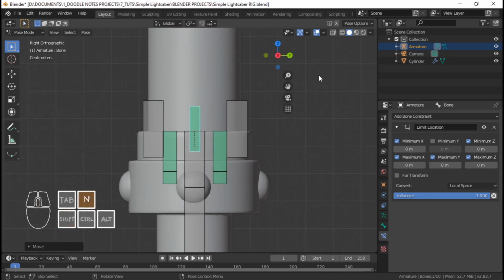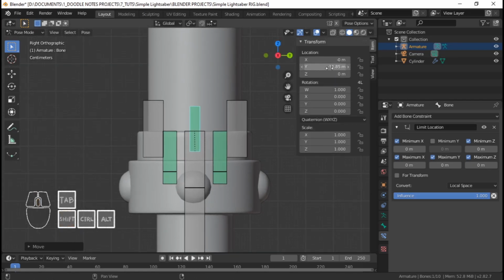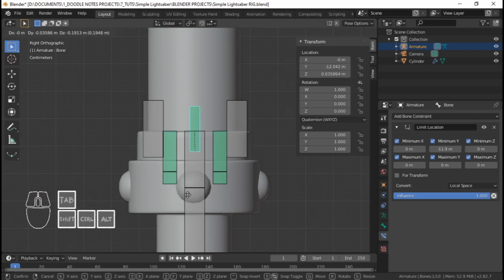And I'm gonna press N, and I'm just gonna get this, because that's how Blender's telling you that this is at this location right now. So I'm just gonna copy that, Control C, and then I'm gonna check minimum Y right here in our limit location constraint, and I'm gonna Control V. So now our lightsaber is limited up to that point. The minimum Y location is up to that point, so it doesn't go any further down